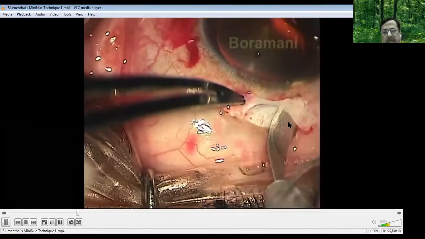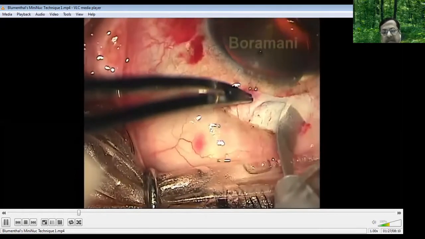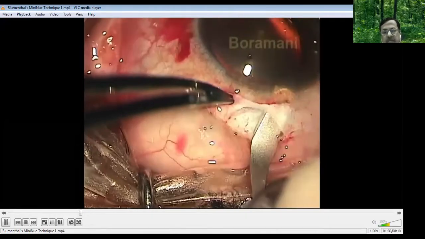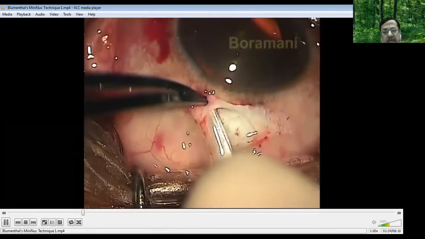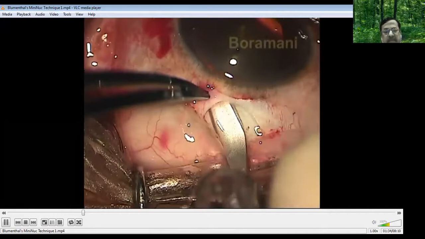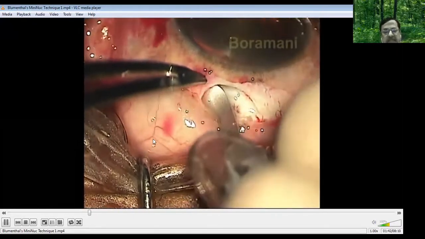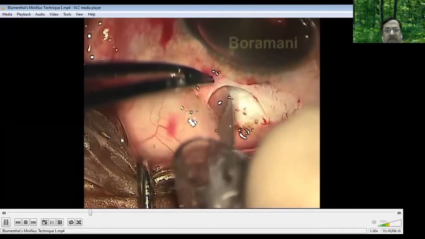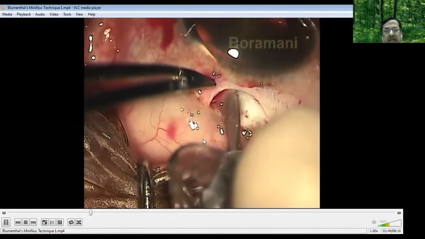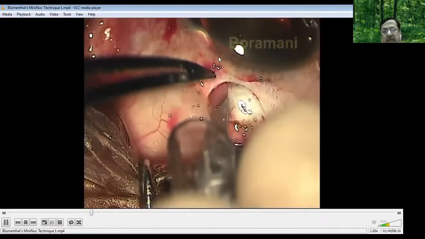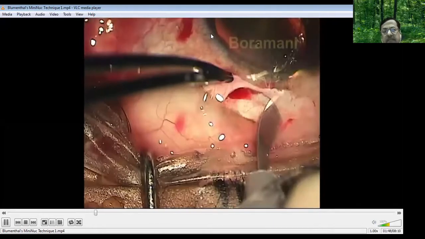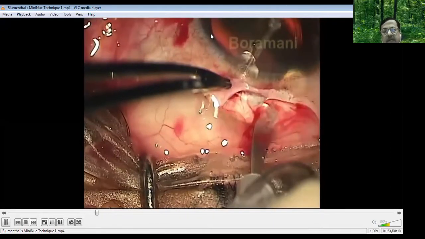Now, as I showed in the last talk, this is the dissection of the scleral tunnel. You should see that the blade is visible throughout while you're doing the dissection. Once the dissection of the scleral tunnel is done, you make the side pockets here. Do the extra curved dissection here. That is called the side pockets. Then do a small 1 mm corneal dissection, which is concentric to the cornea, with the same crescent knife.